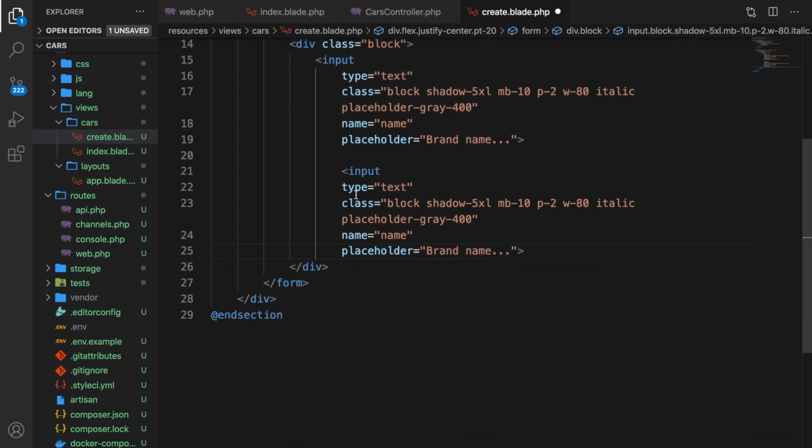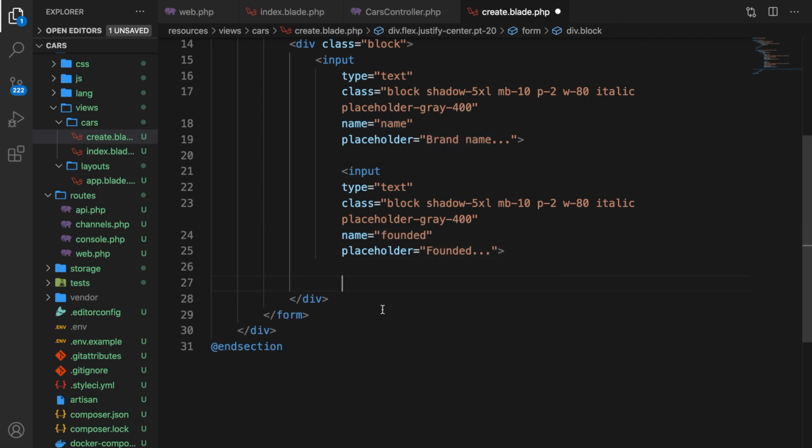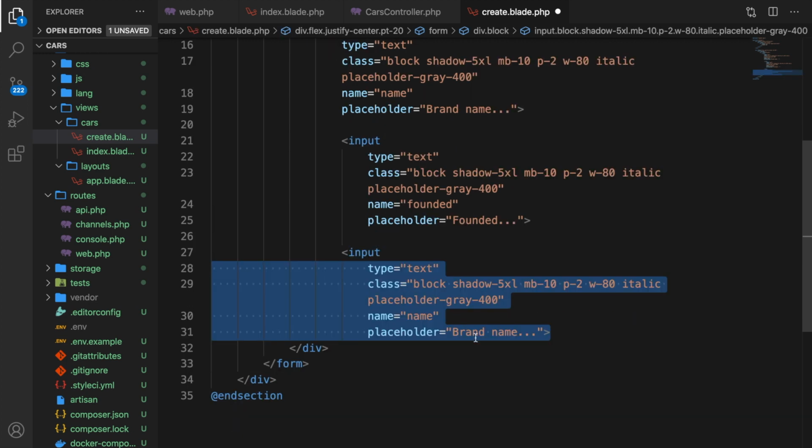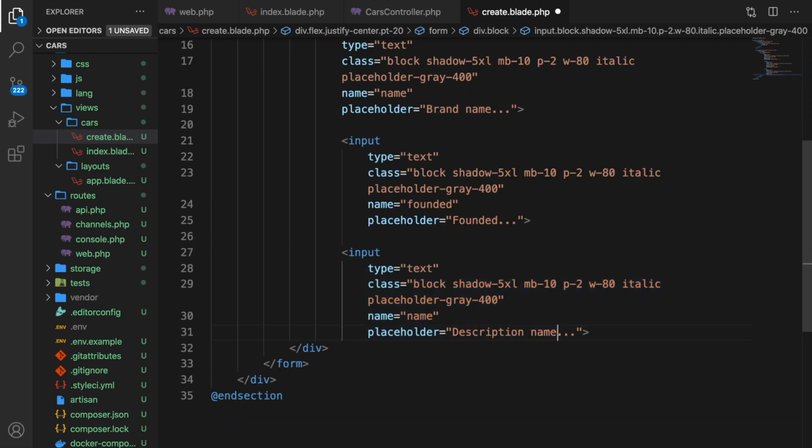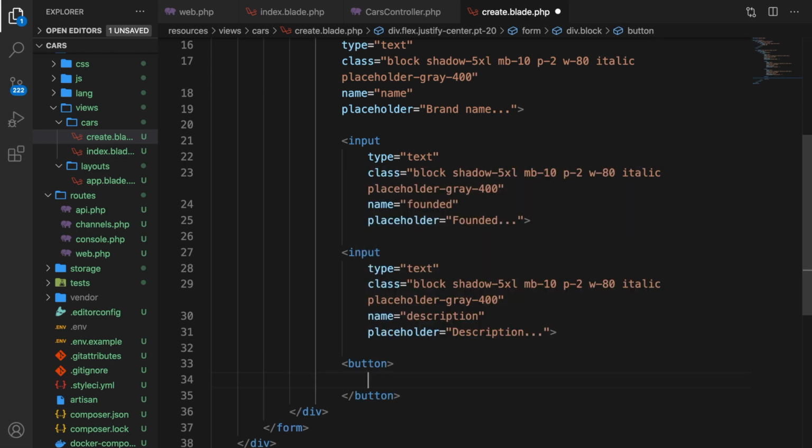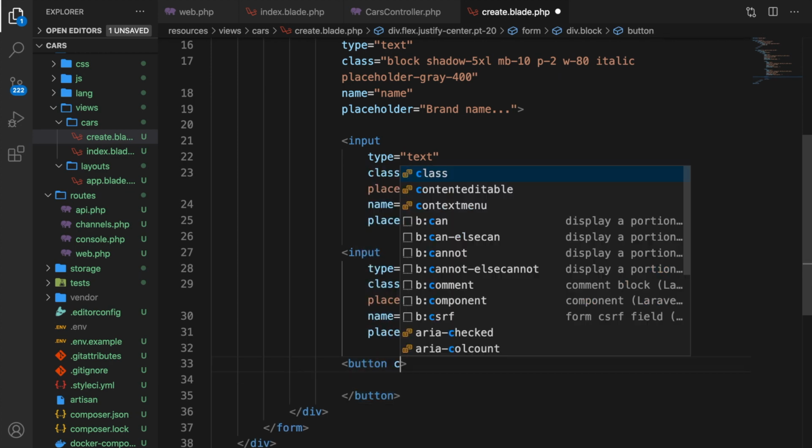So the second one has a type of text, the class is alright, the name is founded, and the placeholder is founded. We need one more because we have our description. The name is description as well. We need to submit it, so we need a button. So let's say button with a class of